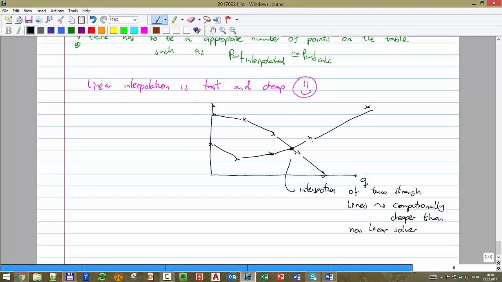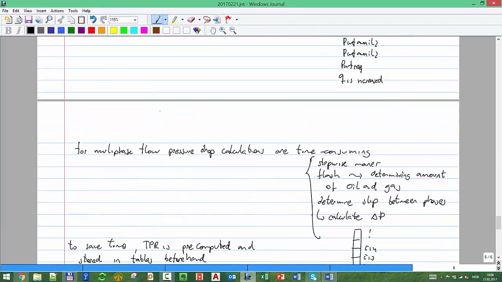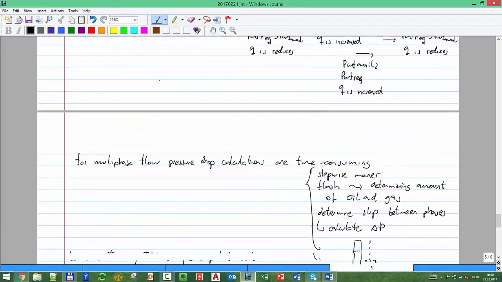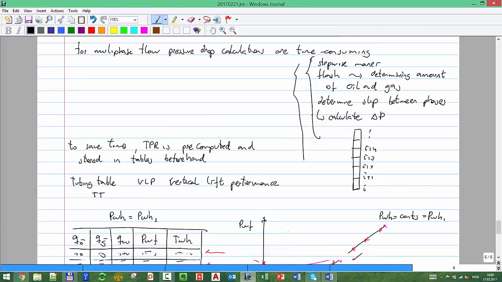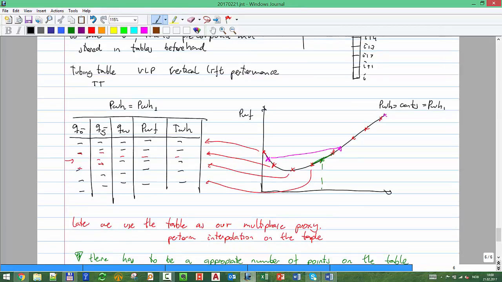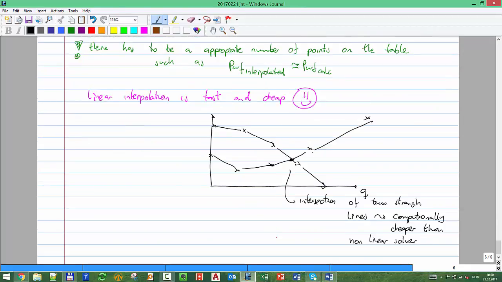Okay, so there are some advantages to using tables, and actually in the old times, to run this routine was very expensive, so that's why they wanted to do it from the beginning, everything, so they don't have to worry anymore about multiphase flow, and they stored it. And actually that's what we do now in the Reservoir Simulator. In the Reservoir Simulator we use those tables. Something worth mentioning before we take the break,